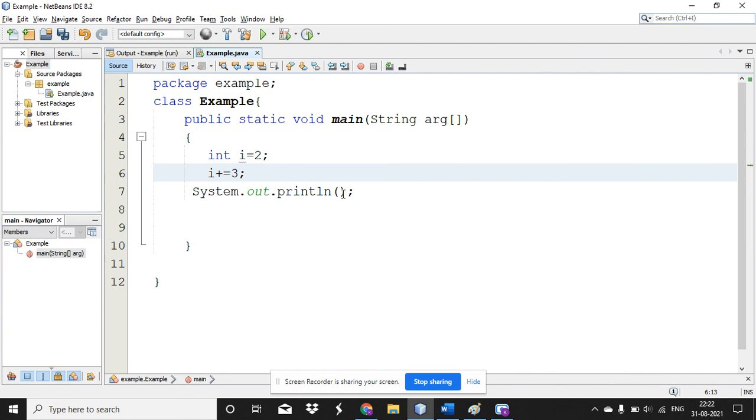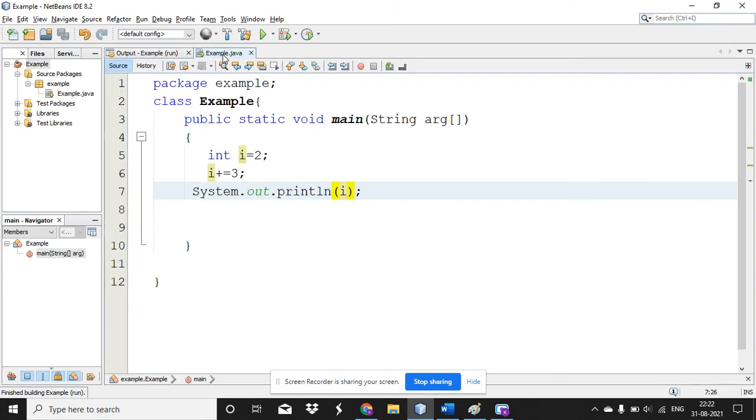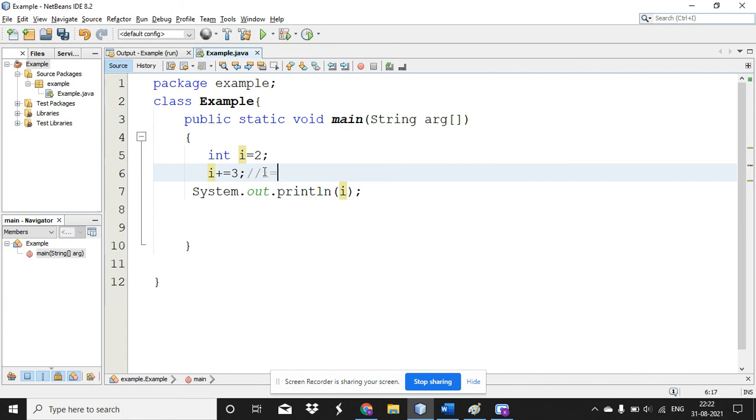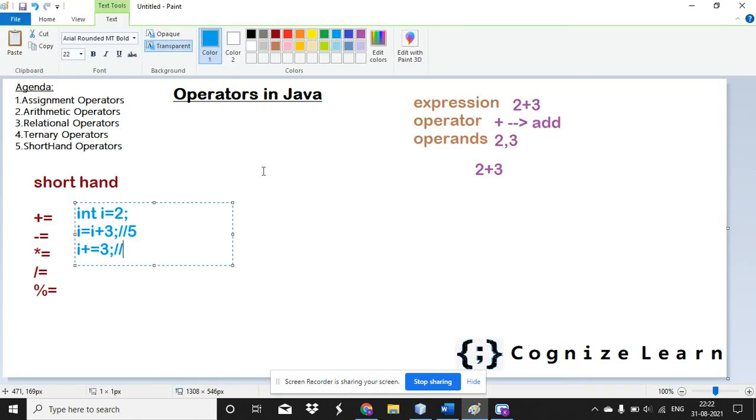Now I am printing the value of i. Okay. So look at this. The value of i is 5. It is elaborated as i plus 3. Right. So you can replace plus equal to with any other arithmetic operator symbols.